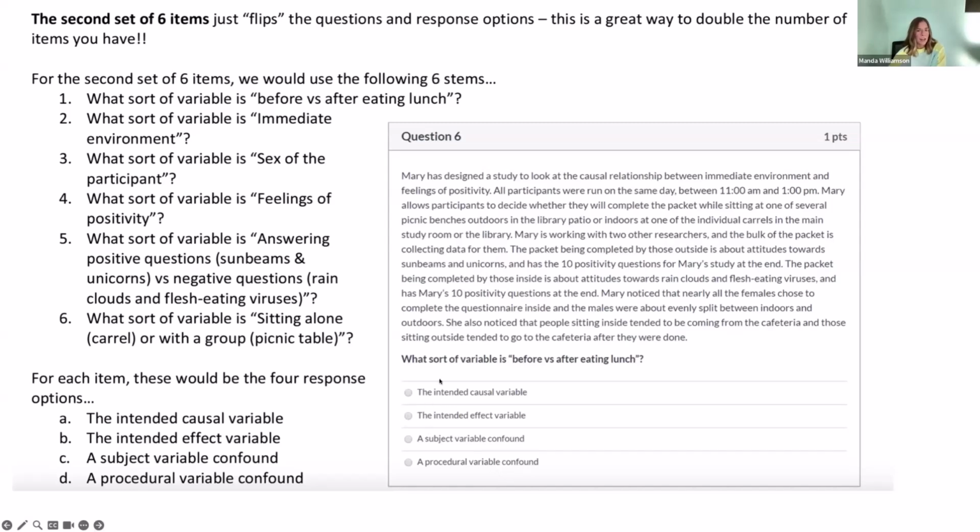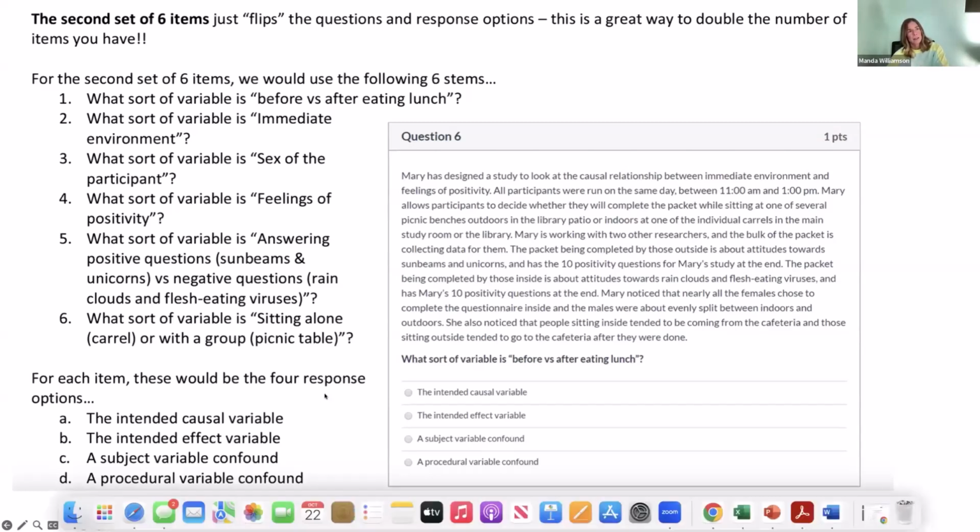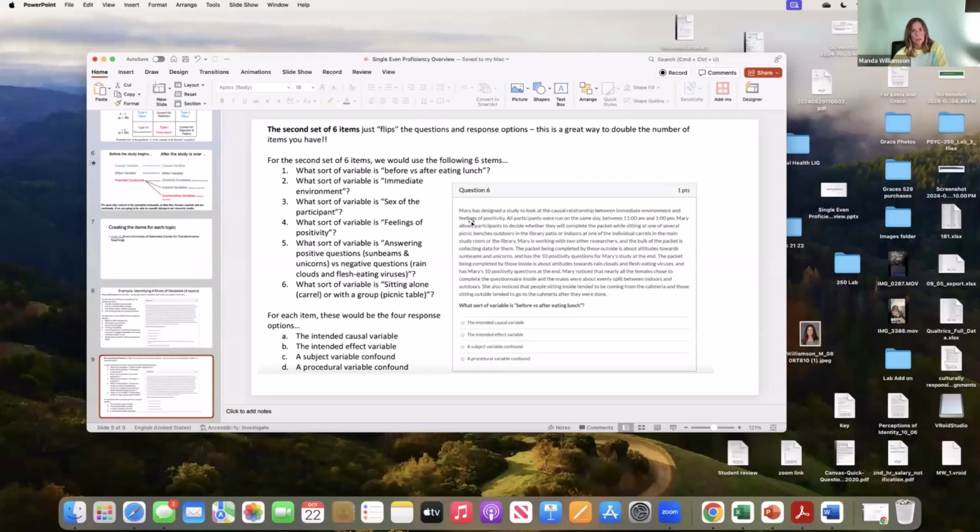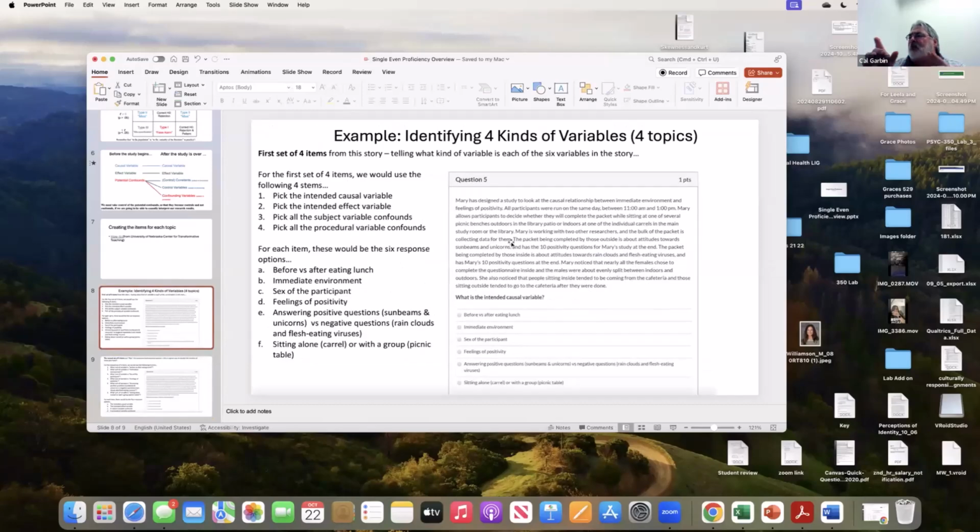Or conversely, I could ask, what's the intended causal variable, and have 4 different variable distractors that appear in this paragraph. So by the time I'm done chewing on this one paragraph about a particular study, I could have created or populated 12 different multiple choice questions. The idea is that you turn a question into a second question with one of the distractors in it, and blow up your question banks, starting with just one question. Cal?